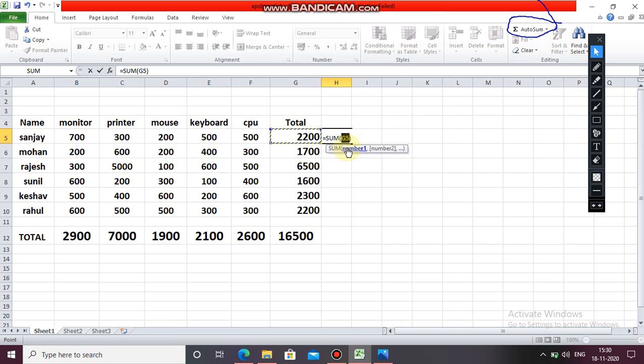See, it is automatically given G5, comma, CPU, comma, this. See, it shows 3100. So I have selected 3 different cells, and it is showing the answer by adding the 3 different cell values.